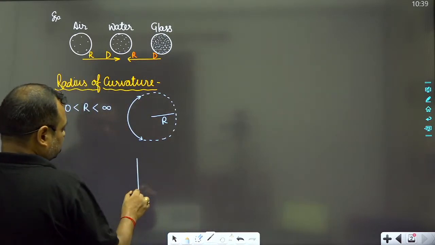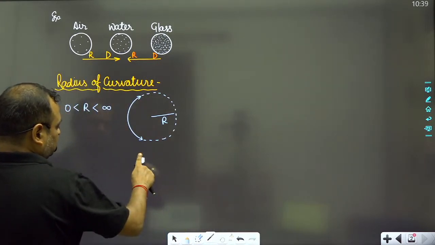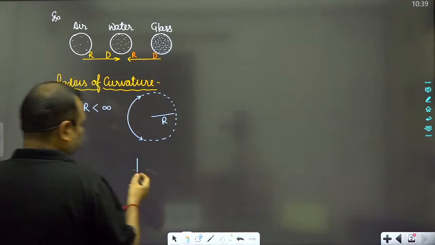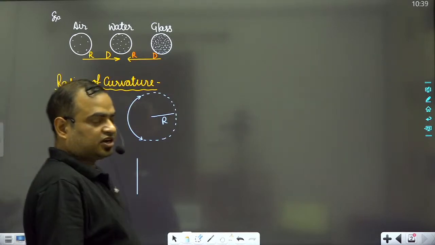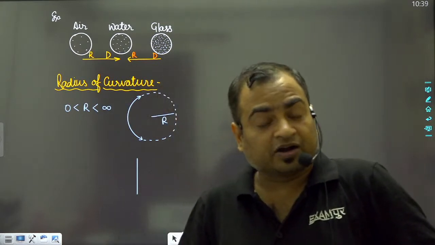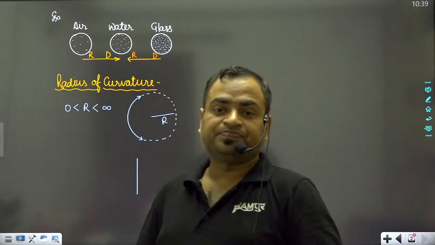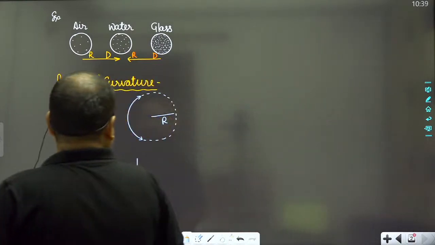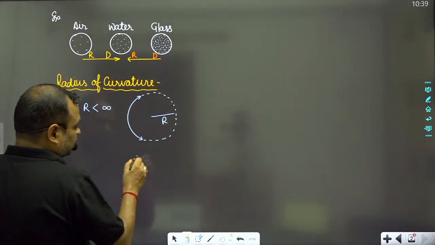Similarly, if I ask you what is the radius of curvature of this straight line, then obviously you will say that sir, this is a straight line, it is not part of a circle. But I will say that this is part of a circle. So how can you prove that? My dear students, if we extend both the ends,